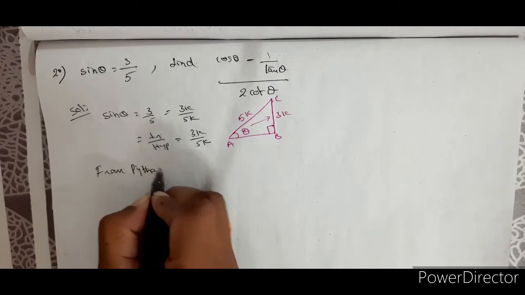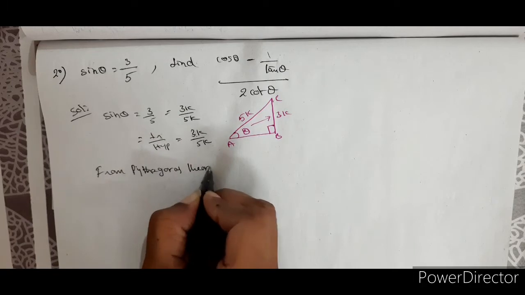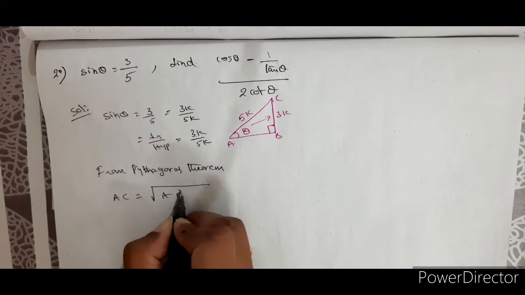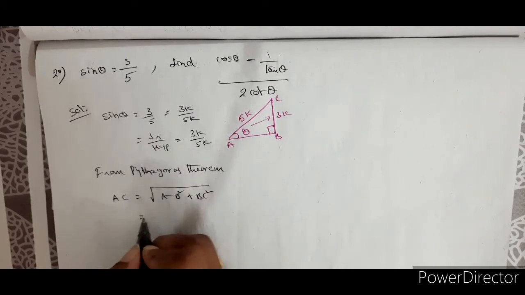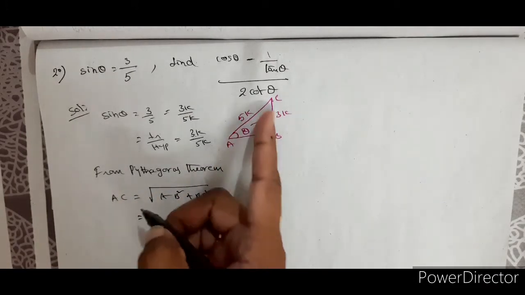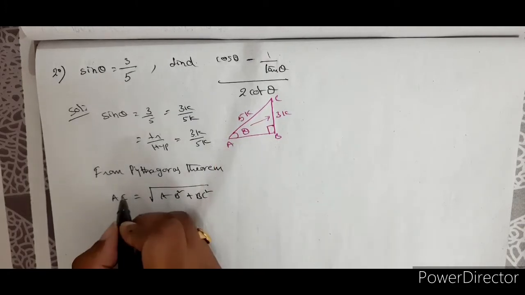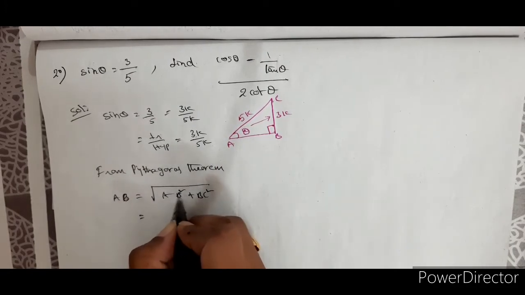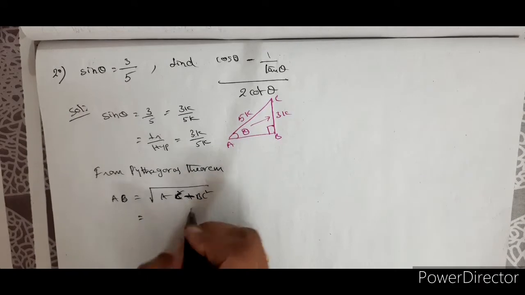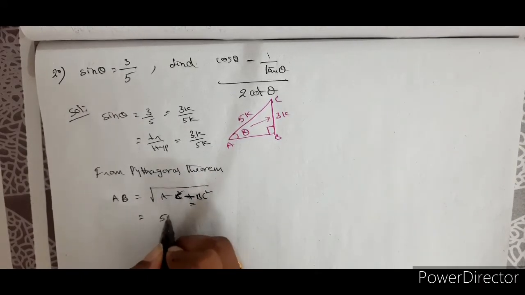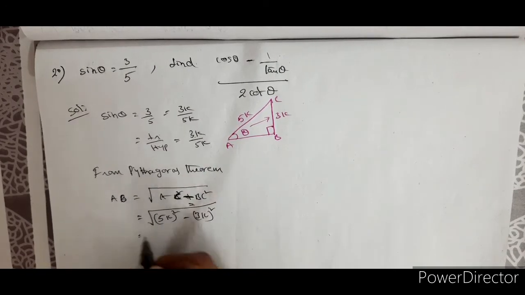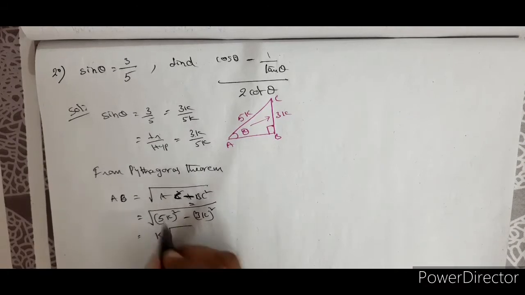AC is equal to square root of AB square plus BC square. All the steps are very essential. You can't directly write it as AC is equal to 3k square or 5k square. But here, we need to find out the base, right? So therefore I am writing AB is equal to AC square minus BC square. Please observe that there is a correction here. Right, now AC square is 5k whole square minus BC square is 3k whole square, under root. Taking k outside the root, and then next it is 25.